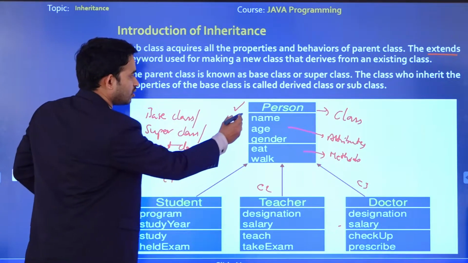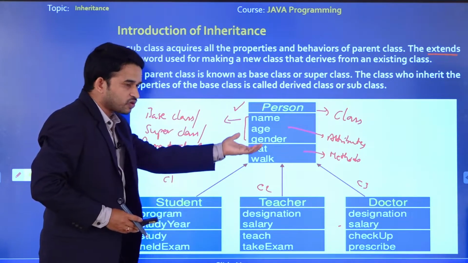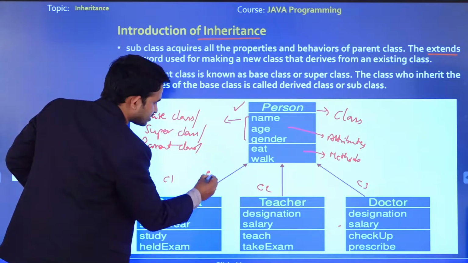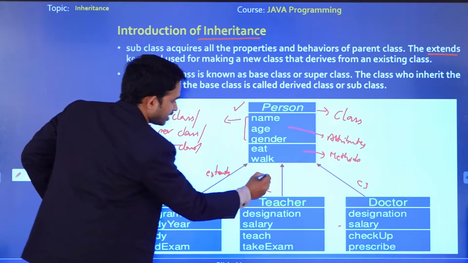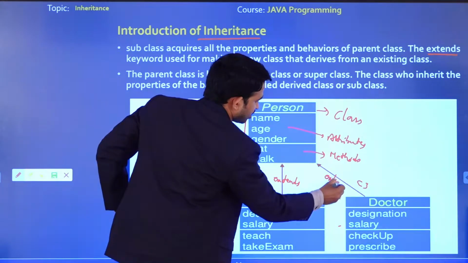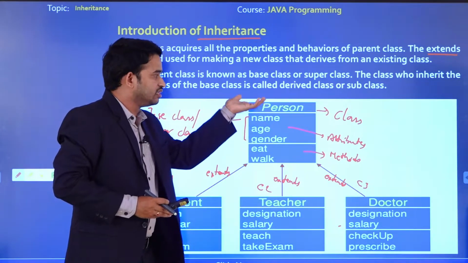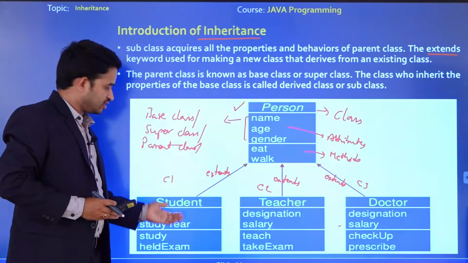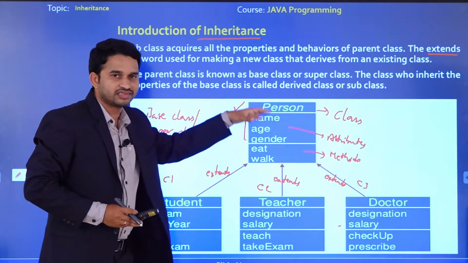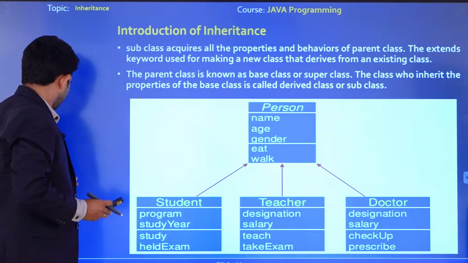So here I am not using all these things again, but we can inherit all these properties into our subclass with the help of what? The inheritance concept, by using the keyword extends. By using this keyword, we can acquire or extend whatever properties we declared in the person class. The same thing we can use in the child classes, also called subclasses. No need to declare the same properties again and again. That is the beauty of the inheritance concept. Okay, let's go one by one.